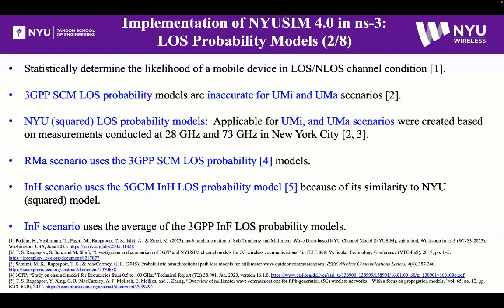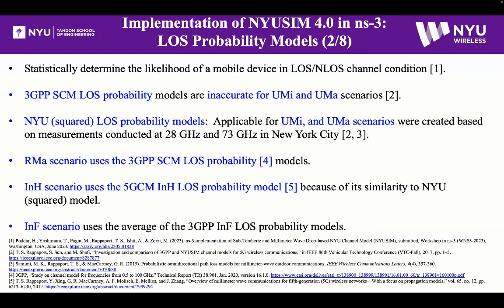So the line of sight probability model, which was basically the NYU channel condition model as I said earlier, will help in statistically determining whether a particular device is in line of sight or non-line of sight from a particular base station or access point. And what we have observed in our past work is that the 3GPP statistical models, especially the line of sight models for UMi and UMa scenarios, which are the urban microcell and urban macrocell scenarios,